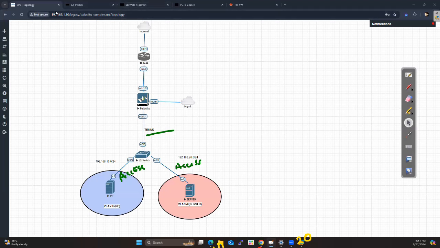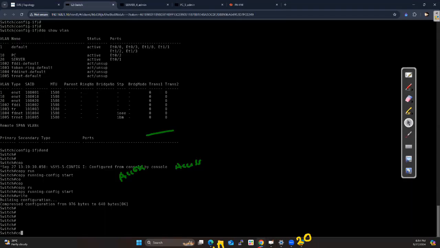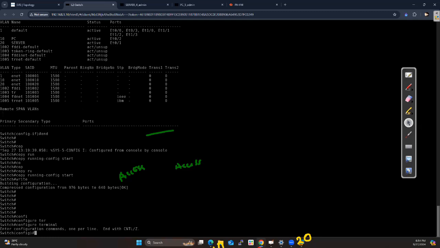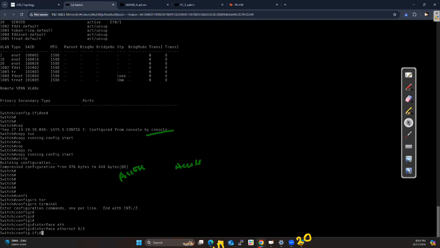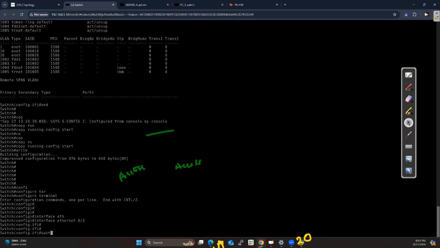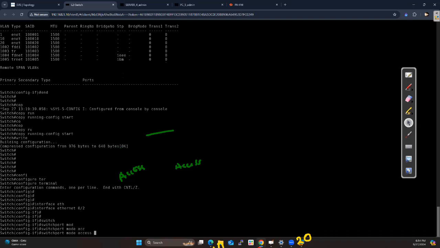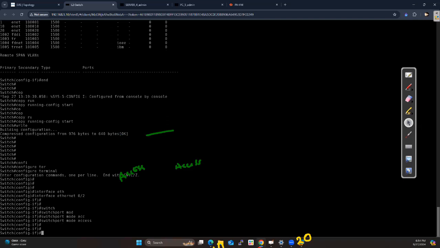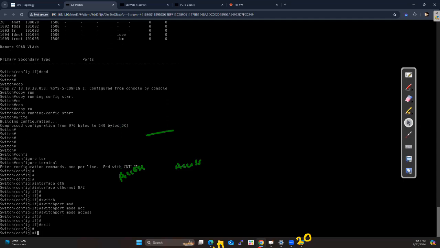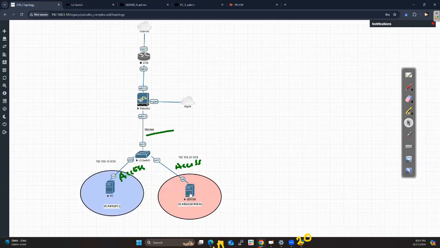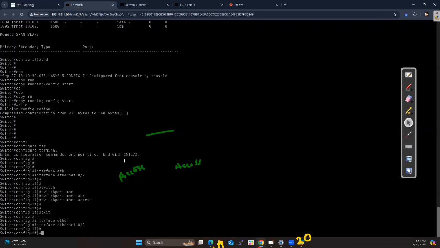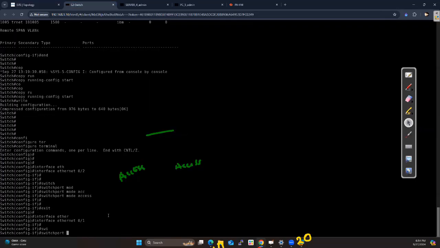So that's the thing. Let me go to the switch and configure terminal. Interface Ethernet 0/2. I think this is VLAN 10. The command is switchport mode access. This port is an access port. Let me exit from here and go to Ethernet 0/1. Let me double verify that. Yes, 0/2 is VLAN 10, 0/1 is VLAN 20. The command is switchport mode